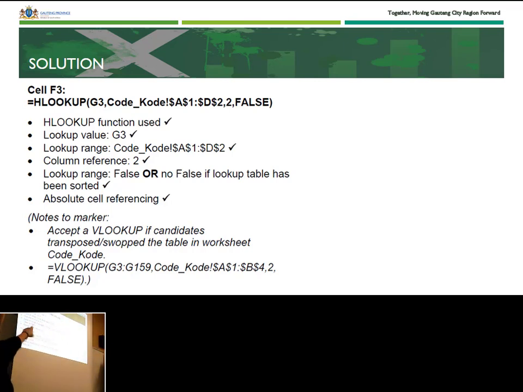Another thing that kids do, and I don't know why, they transpose the table and then they use a Vlookup because they feel more comfortable with a Vlookup. We accept it, but it's an unnecessary waste of time because the syntax of the HLOOKUP and the syntax of the Vlookup is exactly the same. So they shouldn't want to transpose it. Okay? But some of the kids do, and we catch it in the exams. We mark it correct when we mark